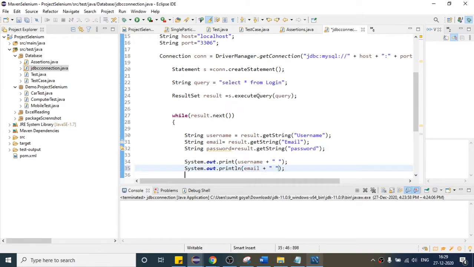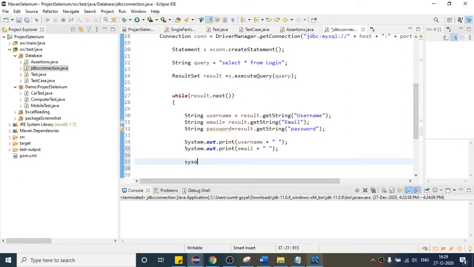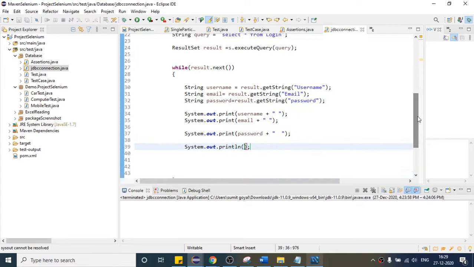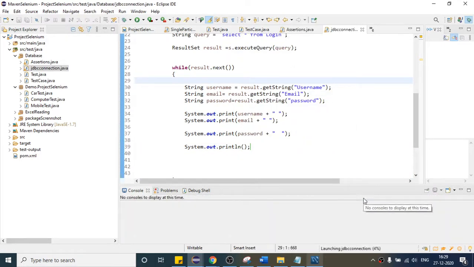Provide some space so the output will look a little bit clean. And after that, the third one is password. Let me not change the line here. After that I will change. So if I just run it, let us see whether we are getting all the data or not.